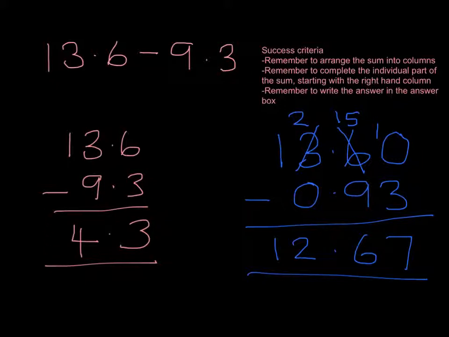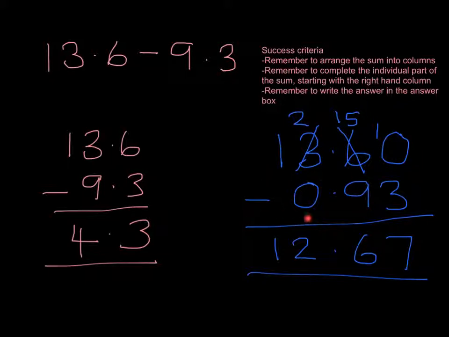However, when we look at the blue working out, we can see that 13.6 subtract 0.93 has shown that this time the place value columns are incorrect. The 9 units has now moved and has fallen into the tenths column. This has meant that the sum is now